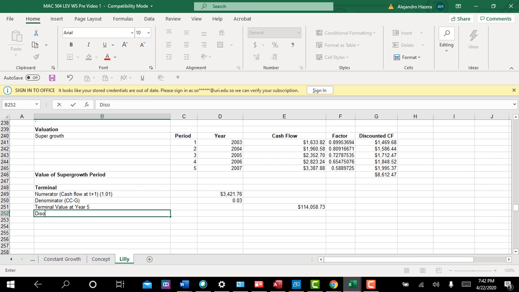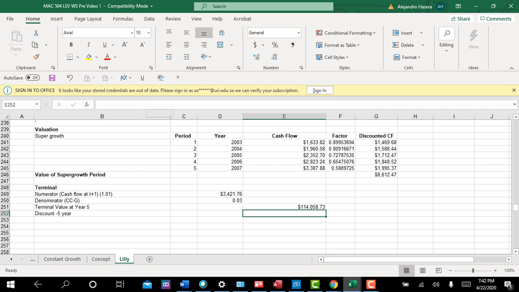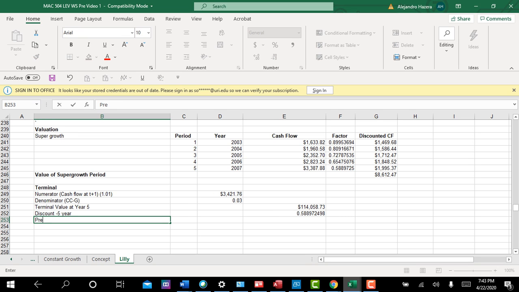We've done this so many times at this point. You know what's going on. Discount, I'm going to say 5-year discount factor. So the 5th year discount factor, which is this number right here. Okay, so in order to discount the terminal value at year 5 back toward 5 years, we've got to multiply times the discount factor, and the product is going to give us the present